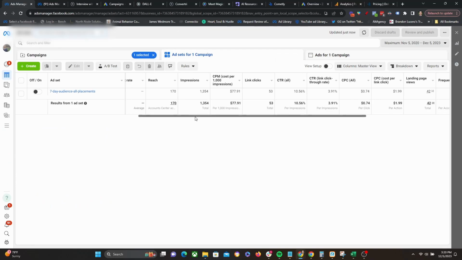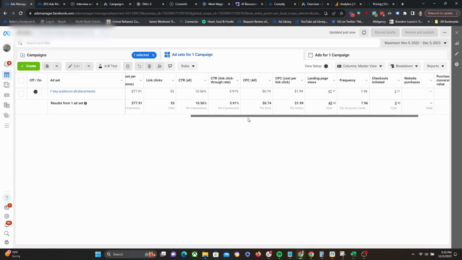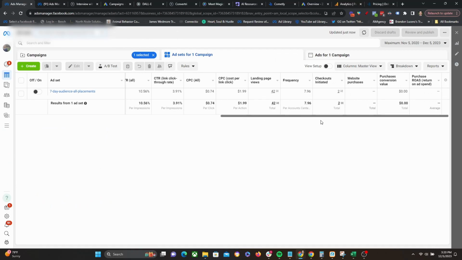Just as an FYI, going back to that frequency number, typically when I see ad creative fatigue really kick in and derail results, it's usually around a frequency of 2.5. Really at 3, you start seeing something significant, and at 4, it's kind of like game over. Your campaign is just never going to work unless you do this fix.